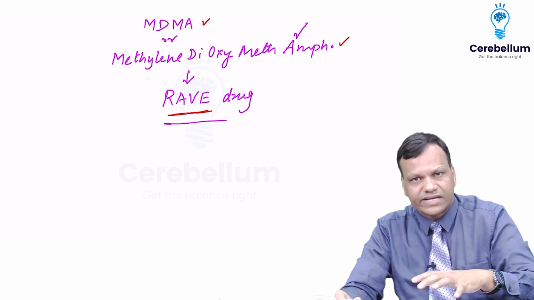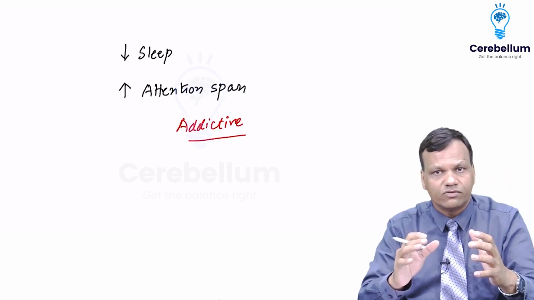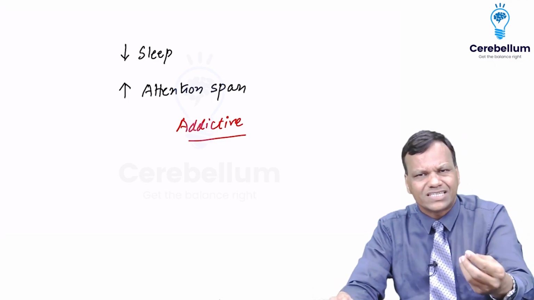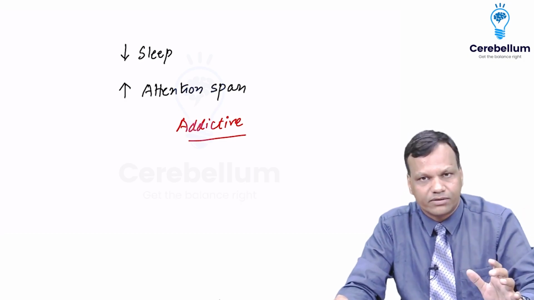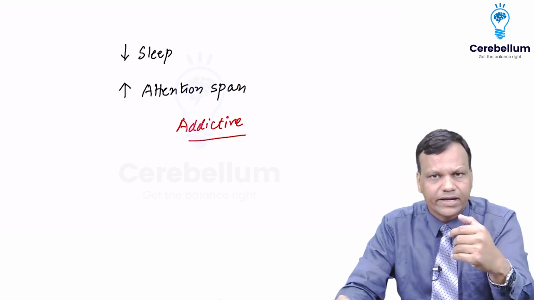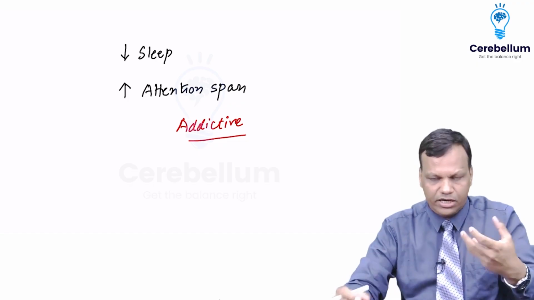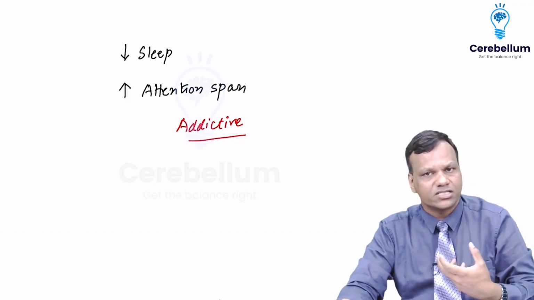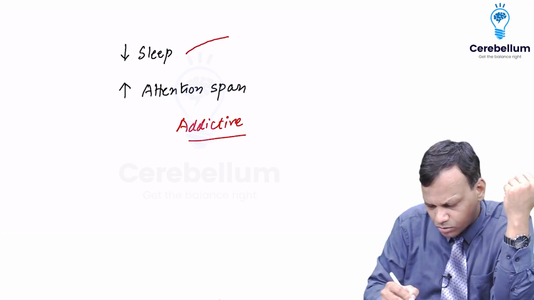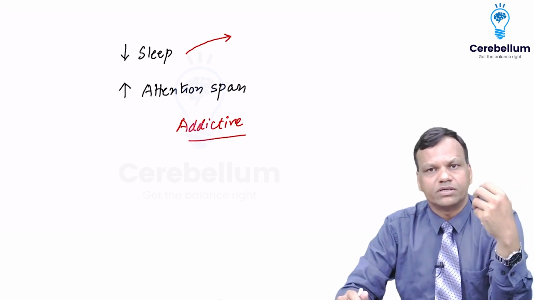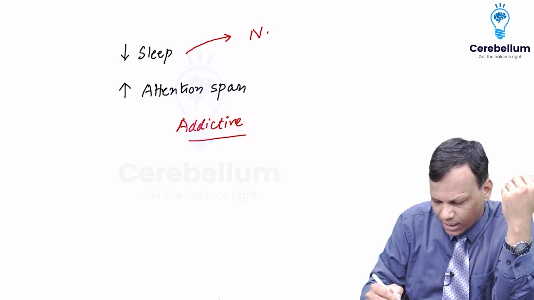But I am giving this example to tell you that amphetamines are highly addictive. So we cannot use them for minor indications, like a person is not able to sleep, so give amphetamine. This is not done. But clinically, we will use amphetamine based on these two actions only. They are reducing sleep, and they are increasing attention span. So what are the indications where we will use them? One, we will want to reduce sleep. In which condition will we want to reduce sleep? That condition is known as